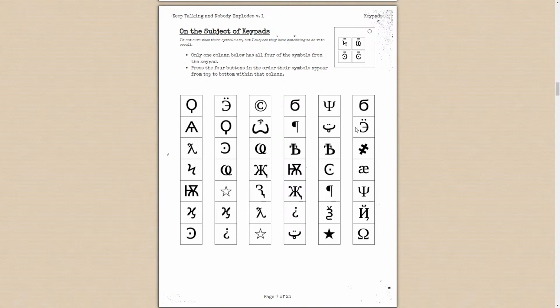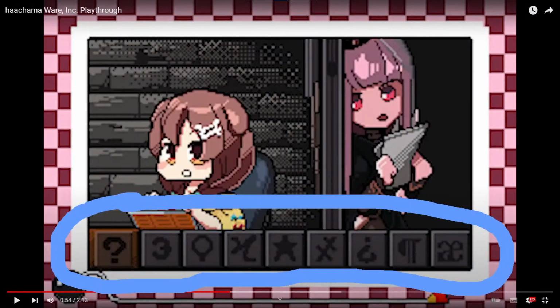Actually, since in the image I just showed you, let me pull that up again. Let's see, pull up this image again, and there we go. So in this image, there are more than 4 keys at the bottom. So what I think is that Callie should just say the 4 keys that you should be pressing, and then you have to navigate to them at the bottom and press them in order.